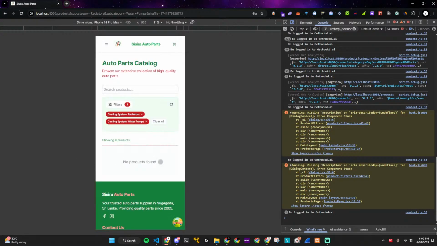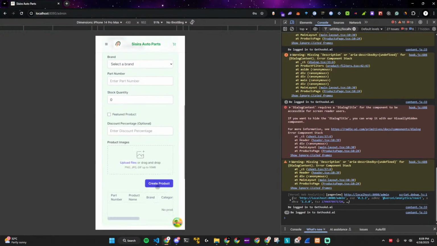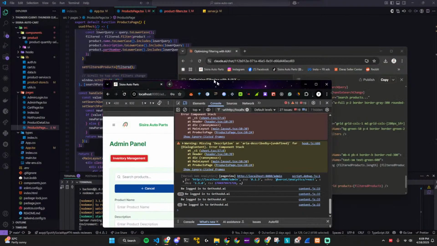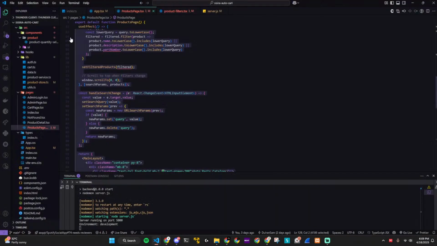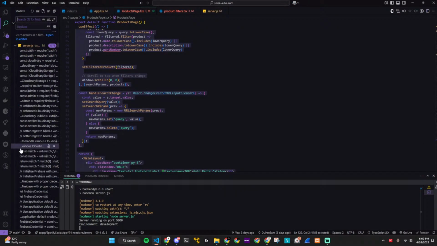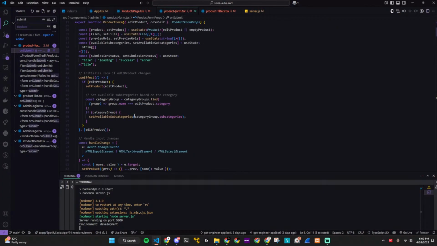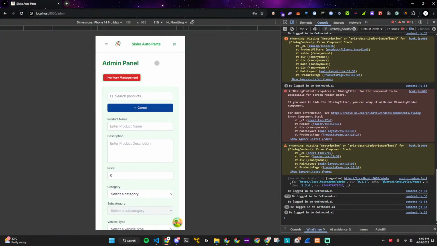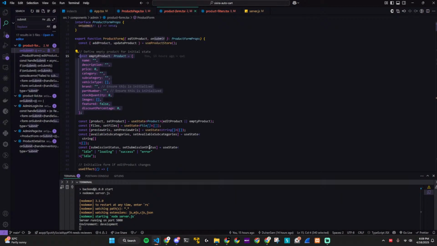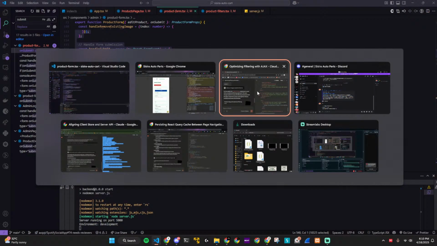So you apply that, you can see that it appears over here. But you can go to the admin section, you can add the product over here. So you see that, and pretty much if you go into slash admin, submit form, product form right here. So once this is submit, it's going to appear on the main page. That's the main functionality. So what we're going to do is make sure this is sending the data properly. So make sure this works properly with